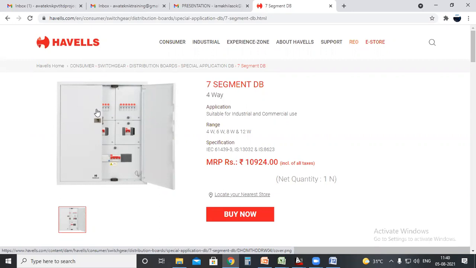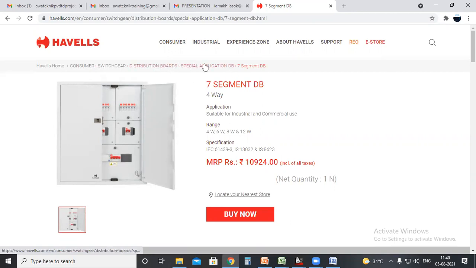For residential, it is not suitable because in a residential building, you don't need to arrange this type of DBs. Some clients are also choosing this type of DB as they have seen it in some application and they are interested in that particular DB. But this type of DB is actually not allowed in residential cases as per the normal standards. So this is another type, special application DB.